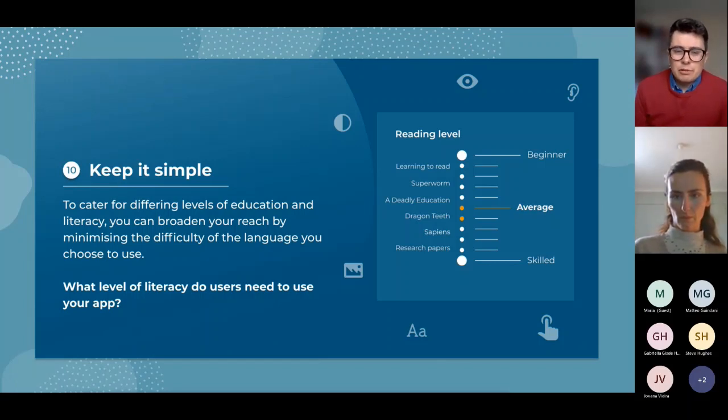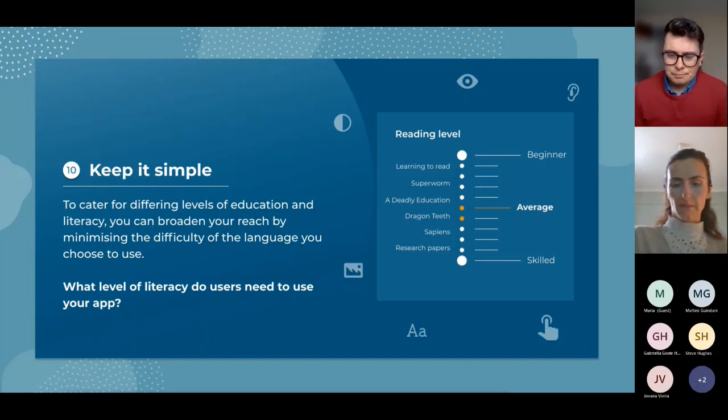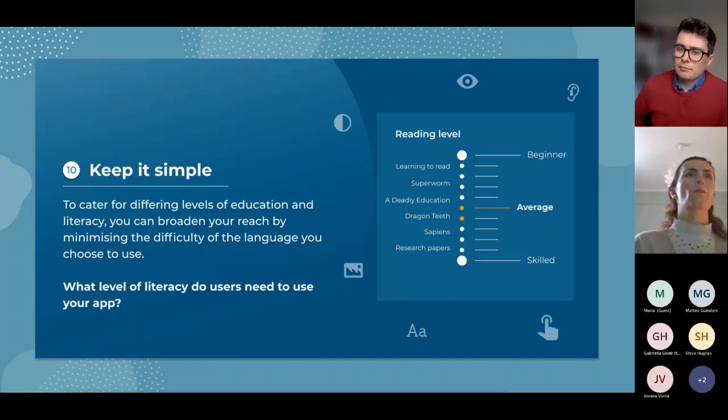So the same goes for our products as well. Try to keep it as simple as possible so that we can broaden the number of people that we can provide for. It's much easier for us to use more general language than vice versa. So try to keep your language simple. Try to keep your product simple. The simpler it is to use, the more likely it is that people will be able to complete the task that they're trying to achieve.